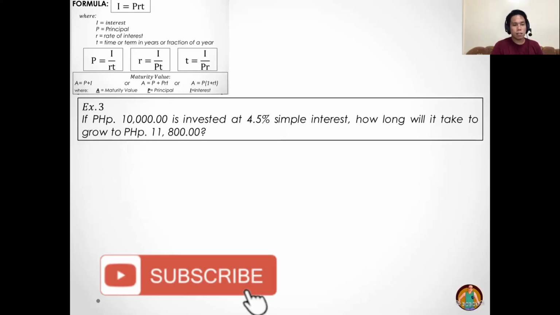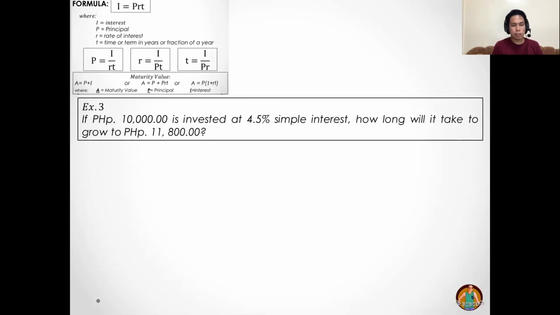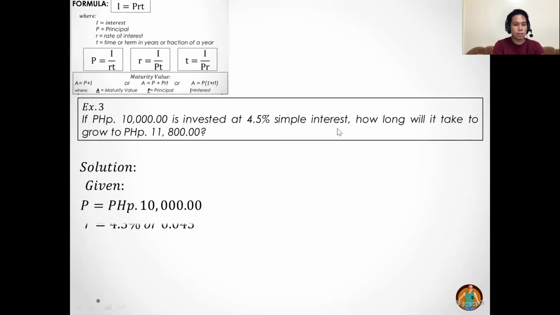Alright, so next. Let's have example number 3. If 10,000 pesos is invested at 4.5% simple interest, how long will it take to grow to 11,800? Okay, so hanapin muna natin yung given. So 10,000 is invested, meaning 10,000 is our principal. 4.5% is our simple interest or R, or 0.045. Simple lang, 4.5 divided by 100 will give us 0.045. How long? Ibig sabihin yung hinahanap natin dito is yung time. Tama? So, it will take to grow to 11,800, meaning